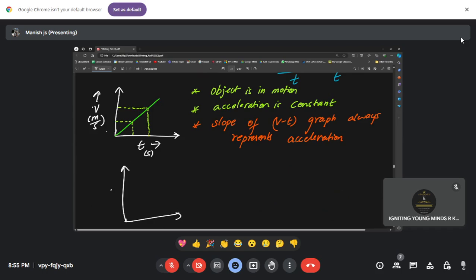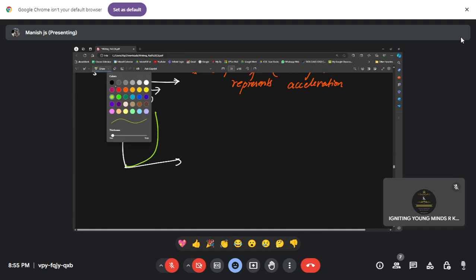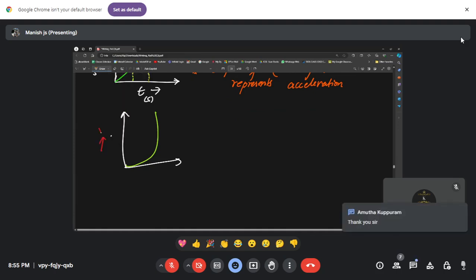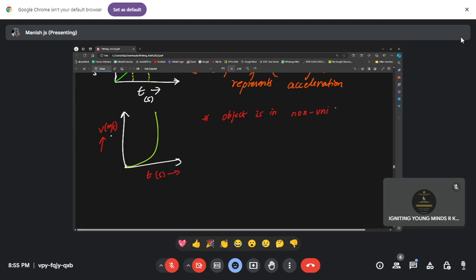So you have a graph like this. This is an exponential graph, as you can see. There is a steep increase in velocity along the y-axis, and time is along the x-axis. Whenever you see such a graph, there is a sudden increase in velocity with time. The observations are that the object is in non-uniform motion. Previously it was uniform. Here it's non-uniform motion,